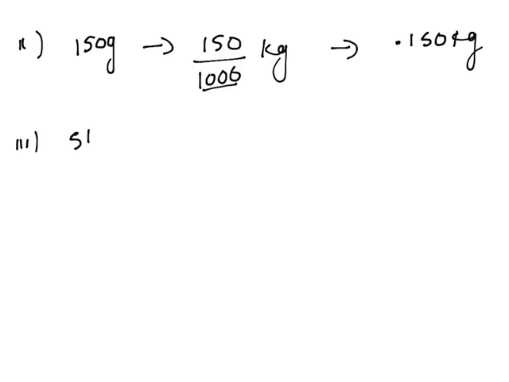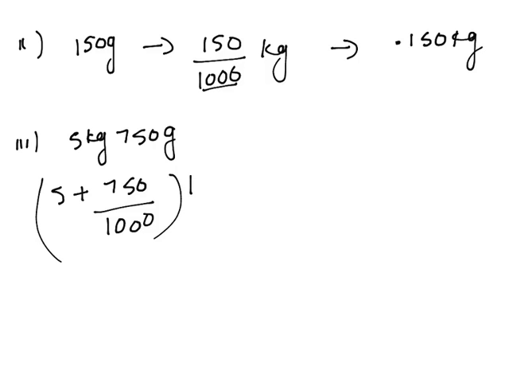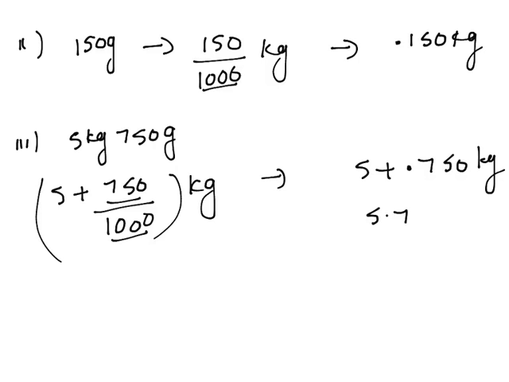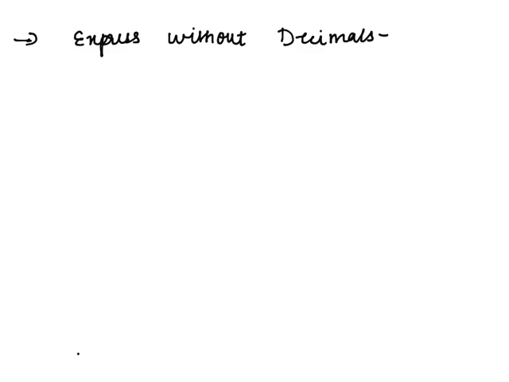Next we have 5 kg and 750 grams. So how can we write it? As 5 plus 750 divided by 1000, as we have to convert 750 gram to kg. As we have 3 zeros and 3 digits in the numerator, 5 plus 0.750, when we add these two it will give us 5.750 kg. So till now we saw how to convert a number into decimal point, or how to write the unit by using the decimal point.